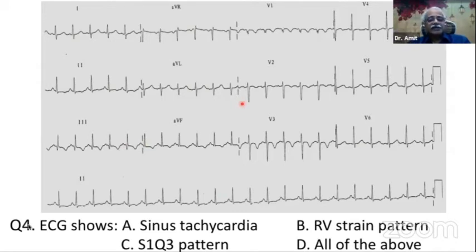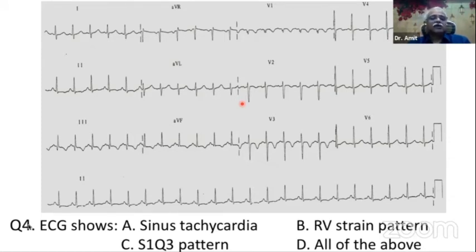Now, having said that, I want you all to remember that only 50% of the patients with pulmonary embolism will present with all the classic ECG changes. The classic ECG changes may not be there in all the patients. So be careful about that. The commonest finding on the ECG in a patient with pulmonary embolism is actually sinus tachycardia. That is the commonest finding we see.